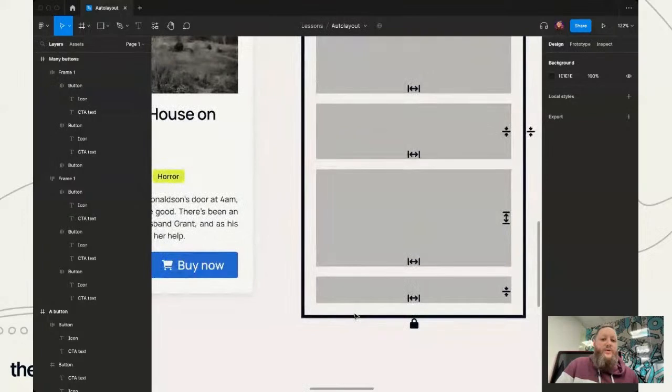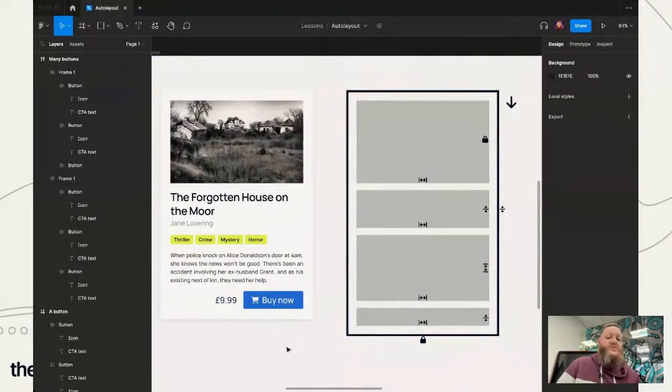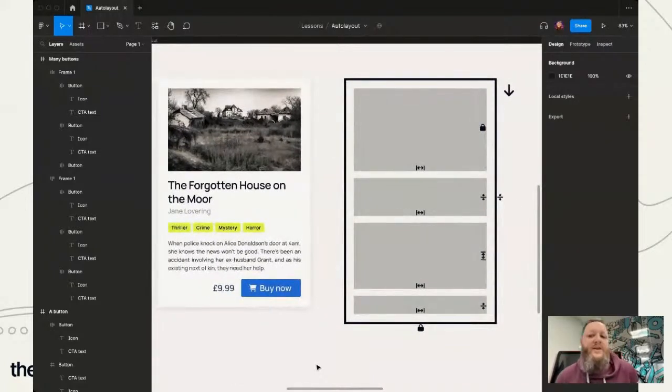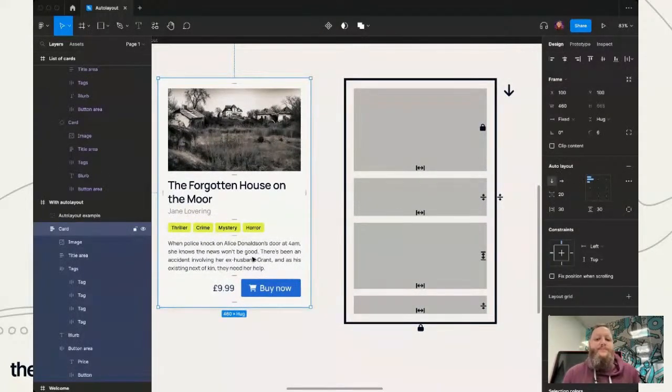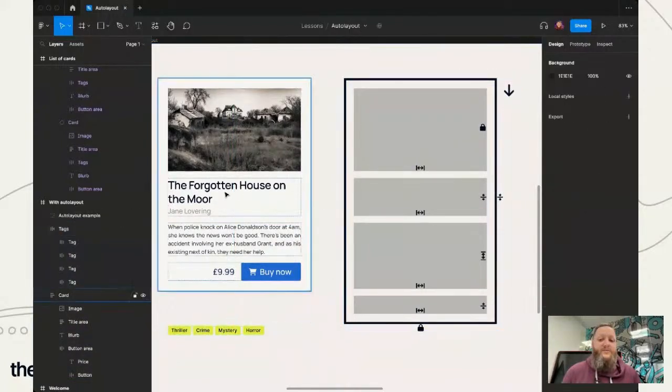So let's go back to our card that we were looking at earlier. And we're going to look at components very shortly as well. So how does this card actually work? Because we've got multiple things going on here, and we can break this down into individual little things and see how it works. So we've got an image, we've got a bit of text, 2 bits of text actually. We've got our tags, which I'll actually remove just for simplicity. We've got a bit of description text, and we've got our block at the bottom with buy now button,